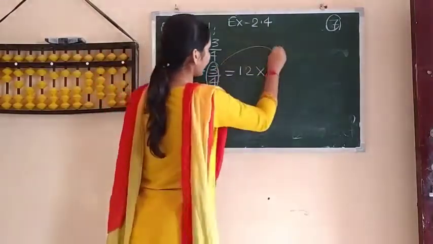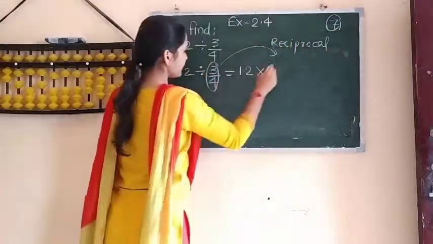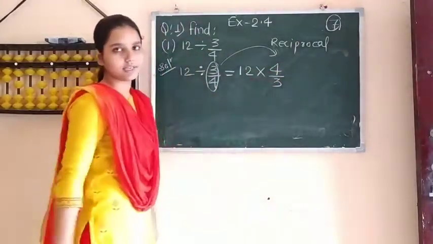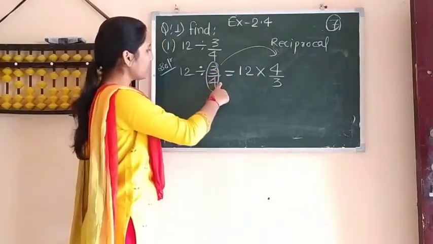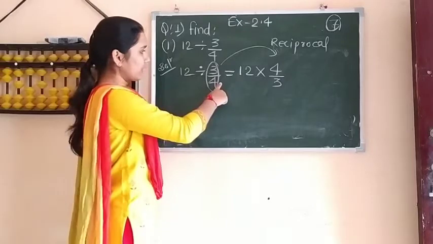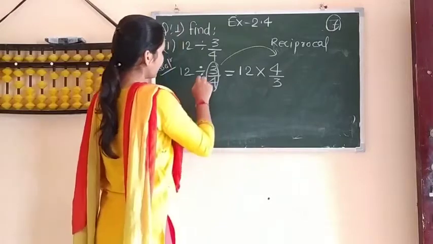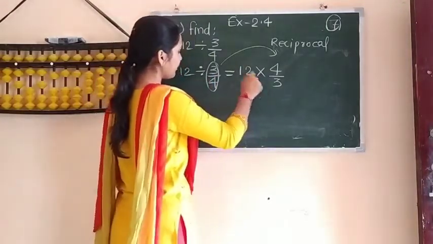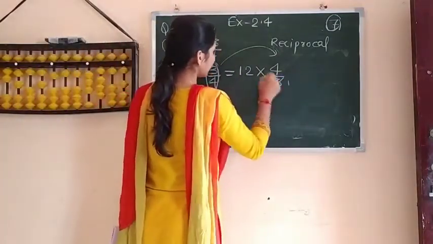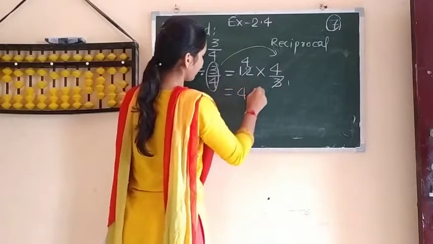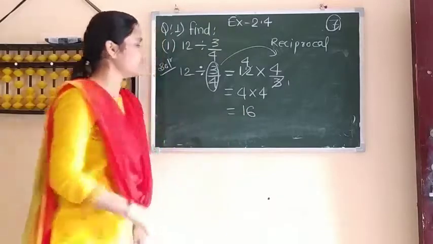इसका reciprocal क्या बन जाएगा? 4 upon 3. Then it is correct. अगर आप multiplication sign ले रहे हैं और इसका reciprocal करना भूल गए, if you forgot to make the reciprocal of 3/4, then your answer is incorrect. Okay, it is wrong. That's why keep this thing in mind. Replace division by multiplication, but at the same time make the reciprocal of this given fraction. Now solve it. 3 1s are 3, 3 4s are 12. 4 into 4, and the answer is 16. Okay, look at this solution carefully.